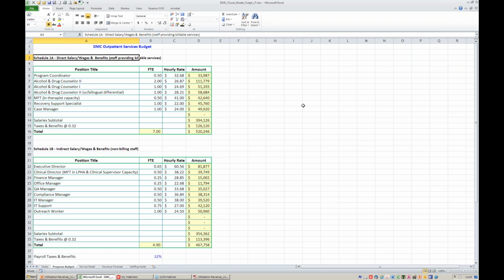So what we have, I think, is, again, what I've seen is fairly typical: program coordinator. You got some counseling staff, counselor 2, counselor 1. Alcohol and drug counselor 2 with a bilingual differential. Now you're going to, LA County's got, I think it was 13 out